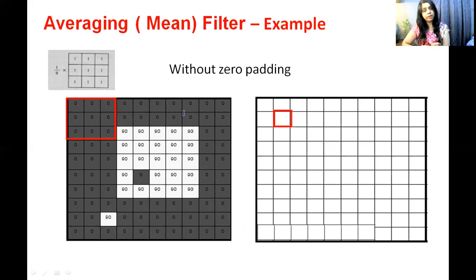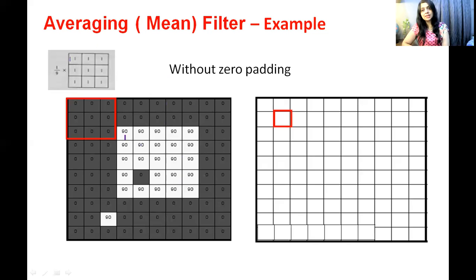So we will use black color, but here perfect black is not shown just to make it visible. It would have been very difficult to see the black if I had written 0 on the black color. So that's why I have shown it in gray, but actually assume that this is black and this is white. Okay, so its pixel intensity is 90 and its pixel intensity is 0. Assume that zeros are padded all around the image. That means the actual image must be like this square, and zeros are padded on the image.